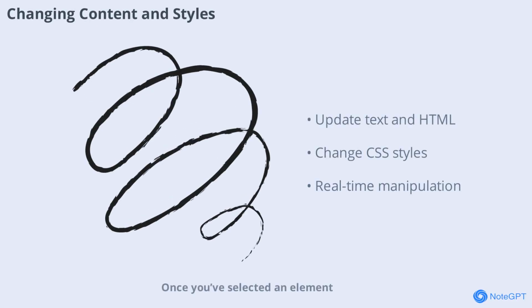Once you've selected an element, you can use JavaScript to change its content or styles. For example, you can update the text inside a paragraph, change the color of a button, or hide elements entirely. This real-time manipulation is what makes web pages feel alive and responsive. We'll walk through examples of how to update both content and CSS styles using JavaScript, giving you the tools to